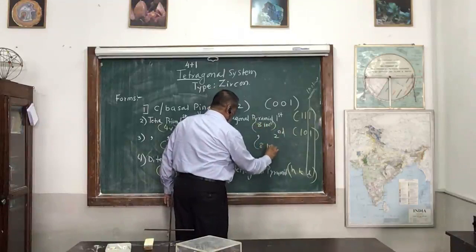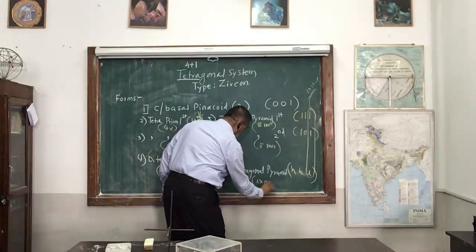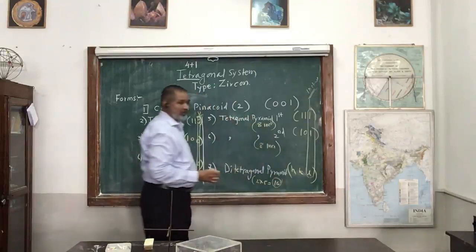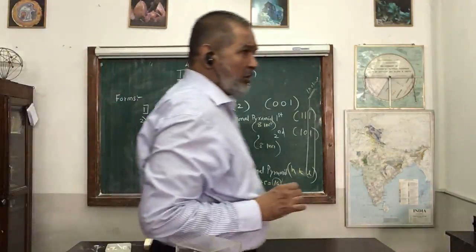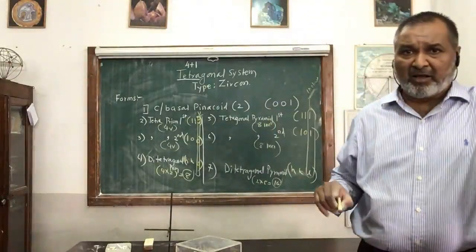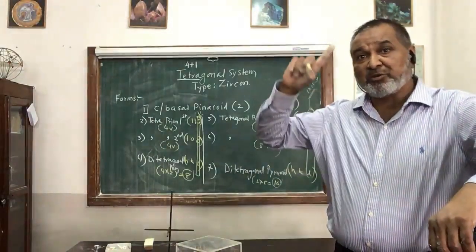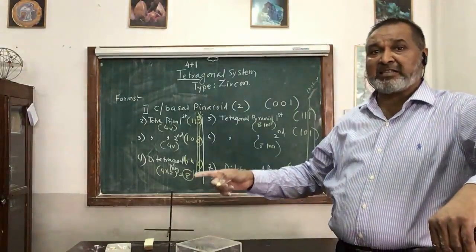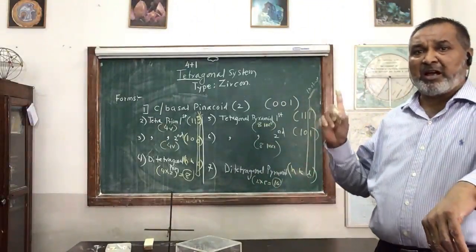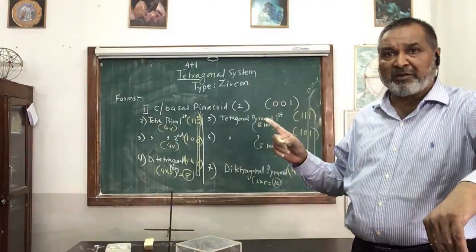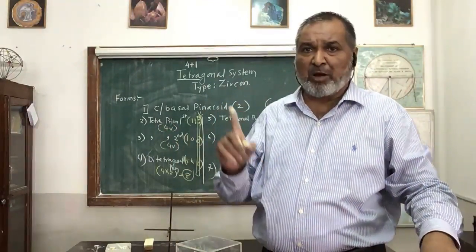Second order also has 8 inclined faces. But in the di, it is double, so 2 into 8 is equal to 16 faces. So when it is a first order pyramid 1, 1, 1, in the second order B remains parallel, so 1, 0, 1. And when it is the ditetragonal pyramid HKL, because it is cutting all the 3 axes at unequal length. H for a shorter length, K for an intermediate one, and L for the longest one. So this is the way you have to make out the A1, A2 and C indices.